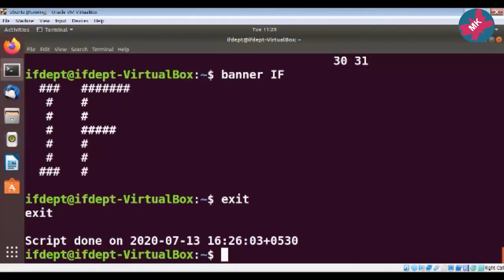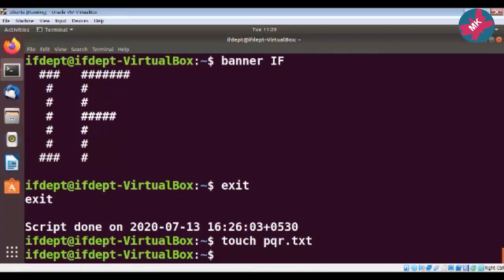Now after this, the next command is the touch command. Suppose I want to create a file called pqr. Just now we have seen the cat command, but I'm not going to use that cat command to create a file. Instead, I will create one file called pqr.txt. Now press enter.